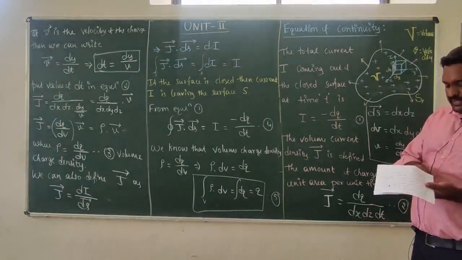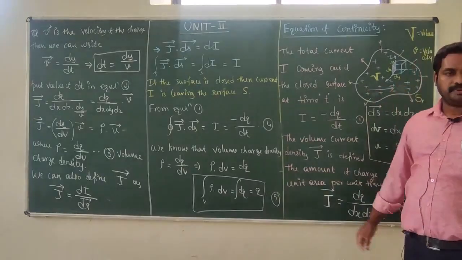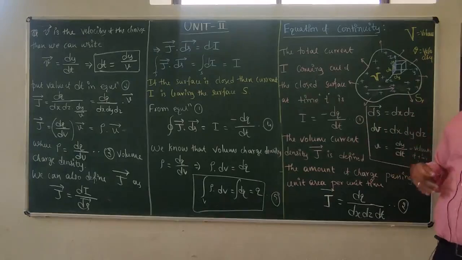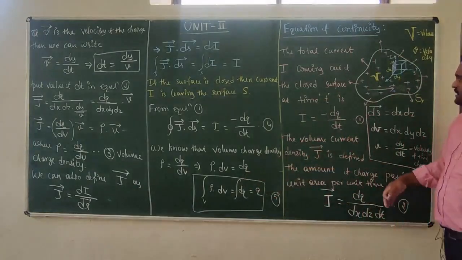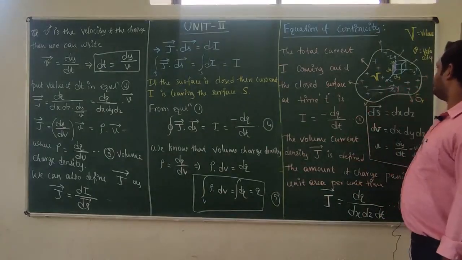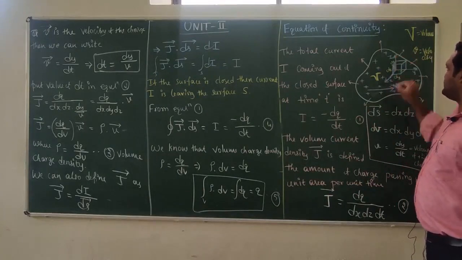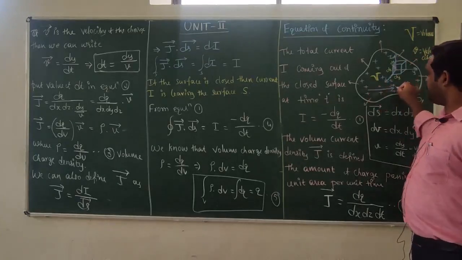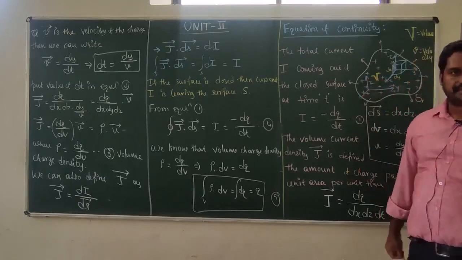Now we will assume these particular positive charges are moving along the x direction, because this is a region of space, which is three-dimensional. You can represent it in a Cartesian coordinate system, that is x-axis, y-axis, z-axis, right? And we are assuming these positive charges are moving in the y direction. Here we have the y-axis, x-axis, and z-axis. Now if these positive charges are moving along the y direction, we know that we have the z-axis as well as the x-axis, right?